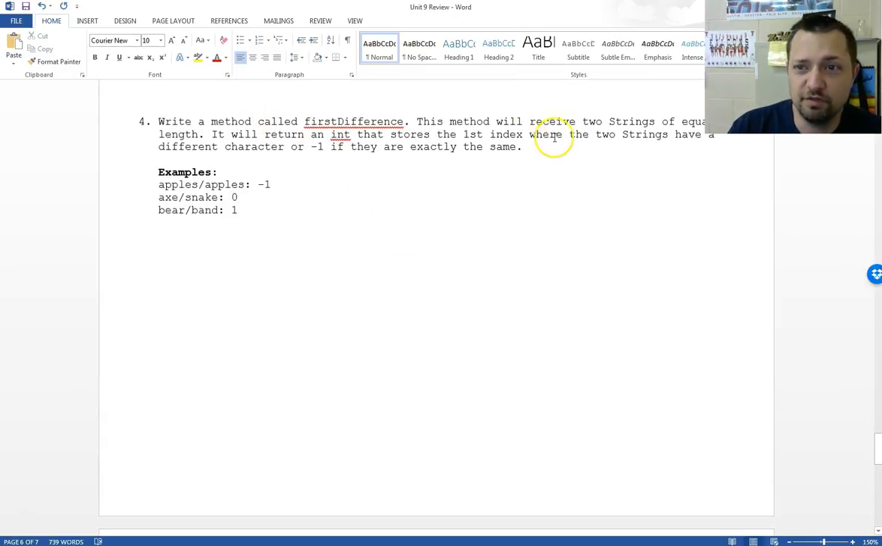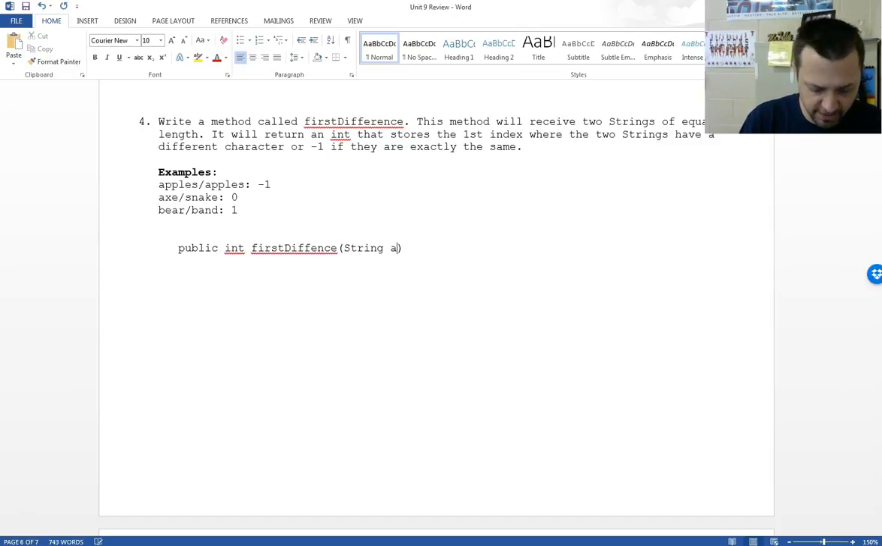Alright, write a method called firstDifference. This method will receive 2 strings of equal length. It will return an int that stores the first index where the 2 strings have a different character, or minus 1 if they are the exact same word or sentence or string. So public int firstDifference receives String A, comma, String B,